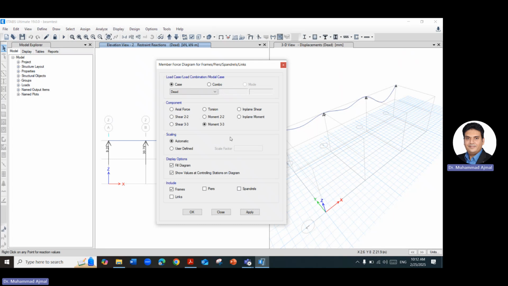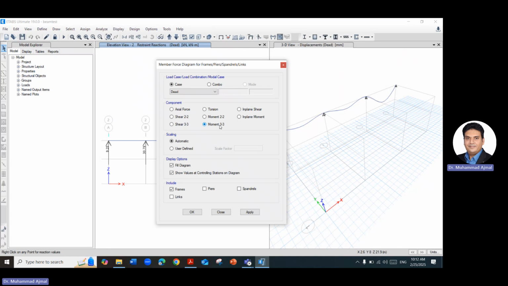Okay. If it is a three-dimensional system, you need to check in other directions too, because in a three-dimensional system you have moment about this axis, maybe moment about other axis, or there is a torsion. So one of the moments is causing torsion, the other two are causing bending. So you can see the torsion also, you can see the moment if you have two-dimensional moment, because in our